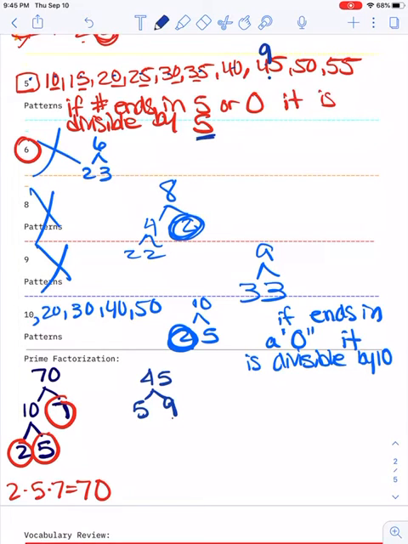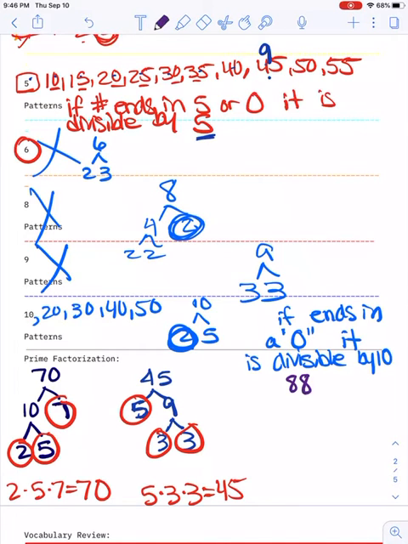Is this a prime number? Is 5 a prime number? Yes, there's nothing I can multiply 5 by to get smaller numbers. How about 9? I can multiply 3 and a 3. So my prime factorization of 45 is going to be 5 times 3 times 3 equals 45. There's my prime factorization of 45. The last one I'm going to do is